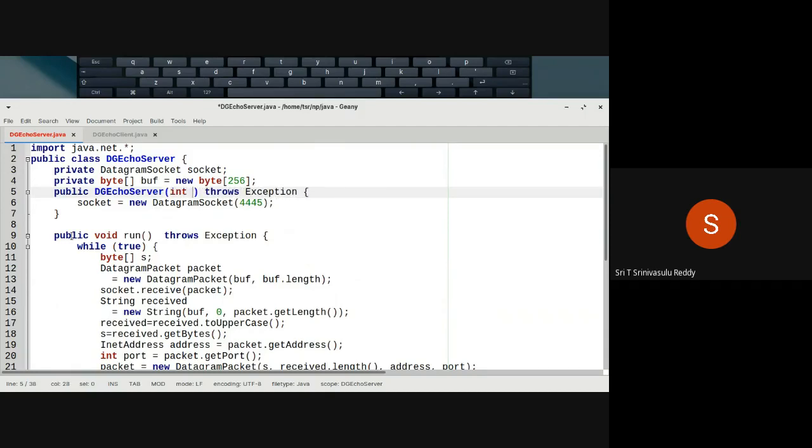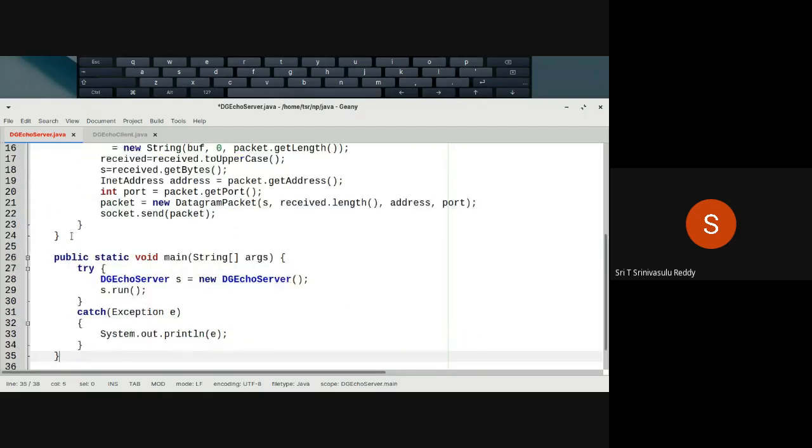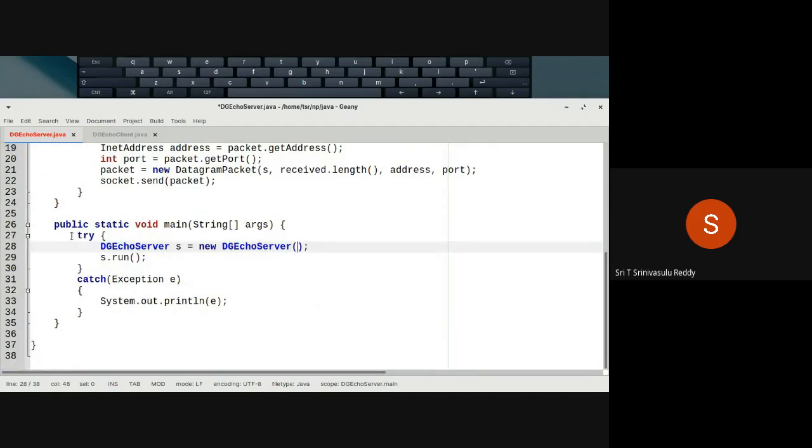I am doing that: int followed by port. Now it is going to be much more generic instead of binding always only to that fixed port. Then you can run the echo server on any port. If you want to run 2-3 servers, you can also do that on different ports. It may not serve any purpose, but this is definitely more generic. In which case, here you are going to supply that, 44, 45, like this. This is much more useful. So you are running the echo server on port number 44, 45, passing on that particular information.